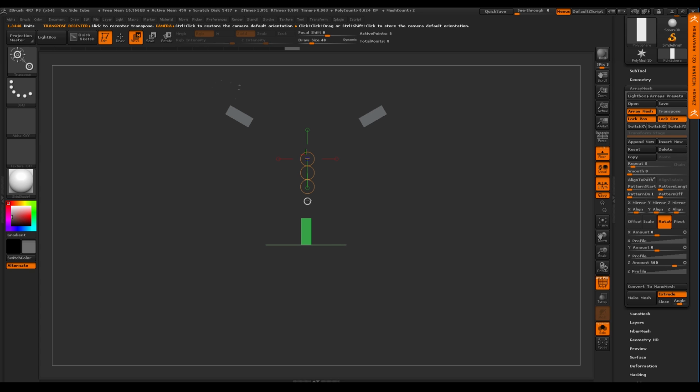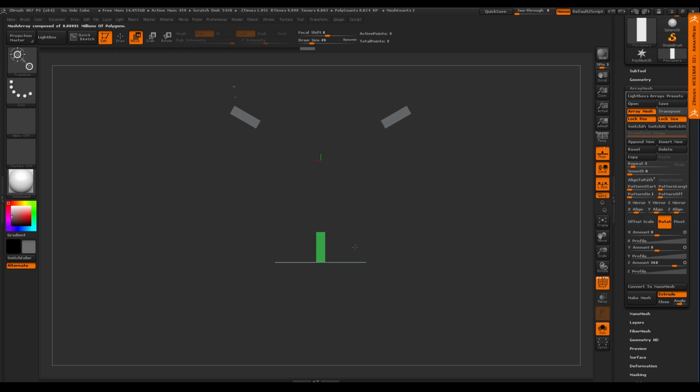So here's the beauty now of the array mesh. Okay, I kind of don't like the size of this. Maybe I want to make it a little bit skinnier, and I think it's a little too tall. So again, I hit that white circle to center me in that world. It's already snapped to the world, and I'm just going to make it skinnier, right? So as I do one, it's doing it to the other 2 for me. So this becomes a really nice way for me to visually see what's happening to my piece as I go.